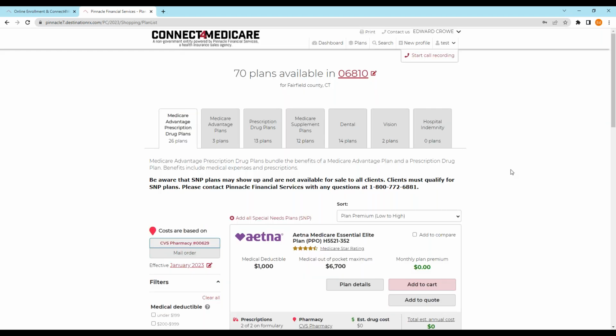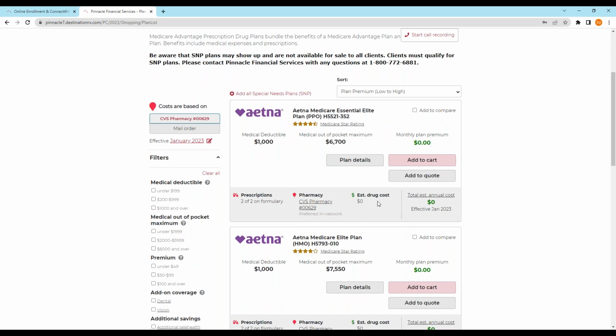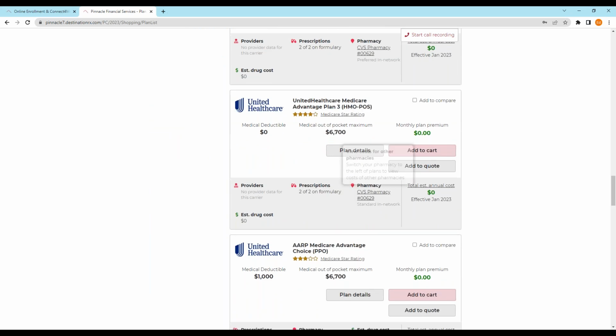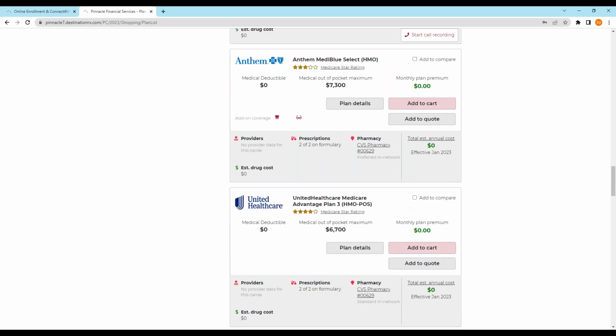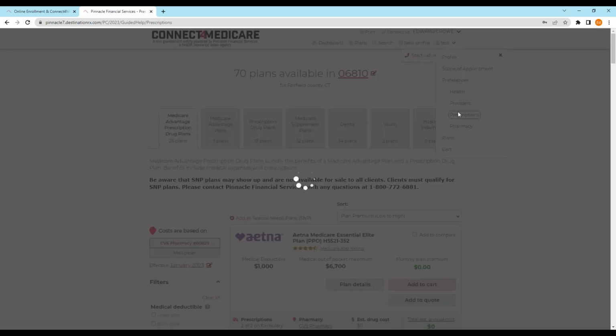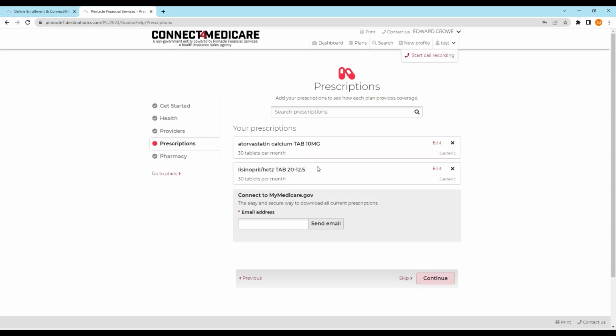And then when I run these plans doing that, it's going to show me, if I had a doctor list in there, it would show me how many doctors are participating in each plan when I run it. It also shows me how much they're going to pay for their drug cost by plan. I put in two cheapies, obviously, so it doesn't show any cost. If I want to go in and change that, maybe I'll go really quick and say, let's go to prescriptions. I can always adjust the list. So I probably should have put one name brand in there just to give you an idea.